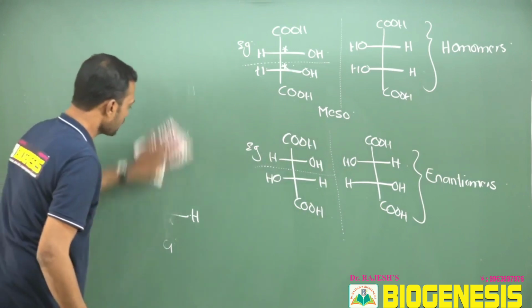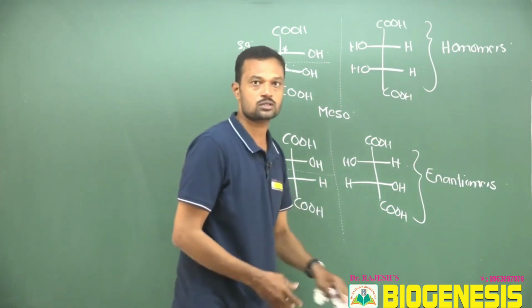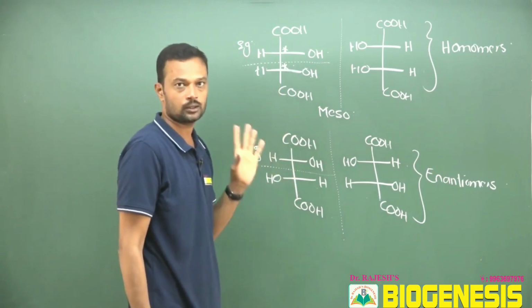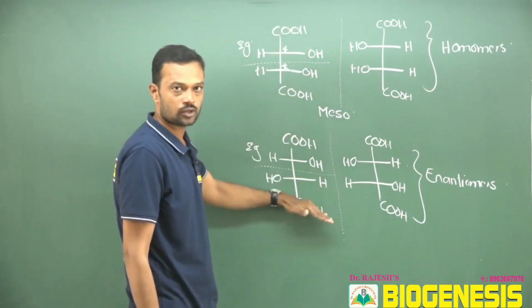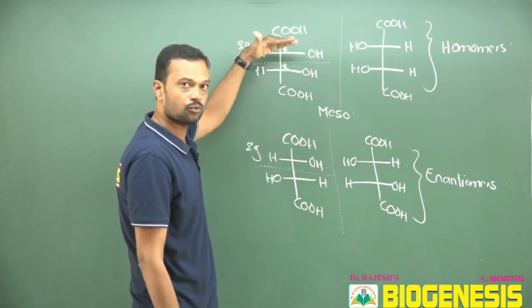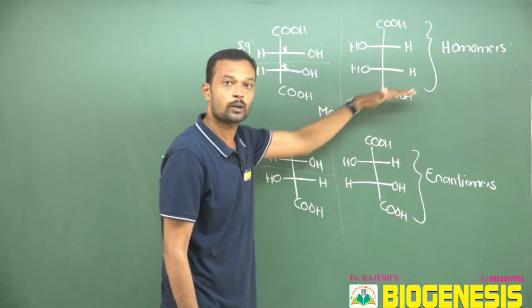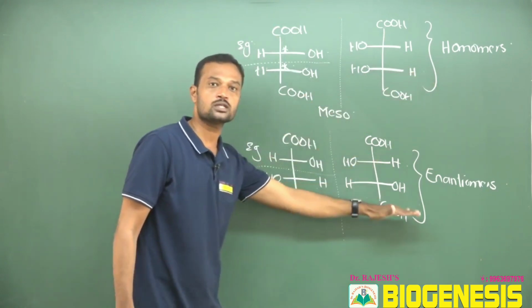Okay. So before saying enantiomeric relation, one should identify this point. First, when one chiral center is there, no problem at all. If two chiral centers are there, you need to identify that. First, you see whether a plane of symmetry or a center of symmetry is present within the molecule. If symmetries are present, its image is a homomer. If there is no symmetry, its image is an enantiomer.